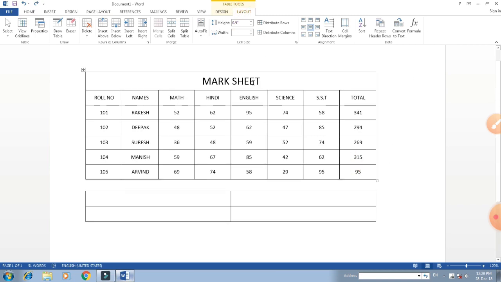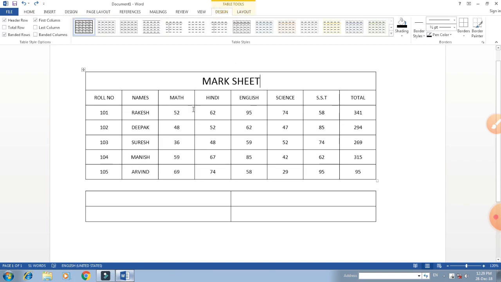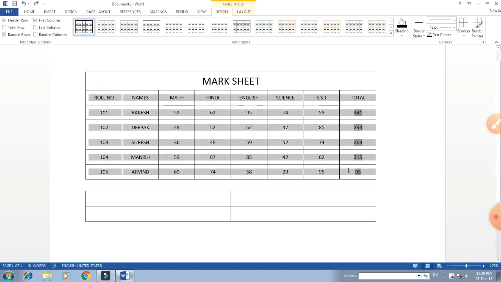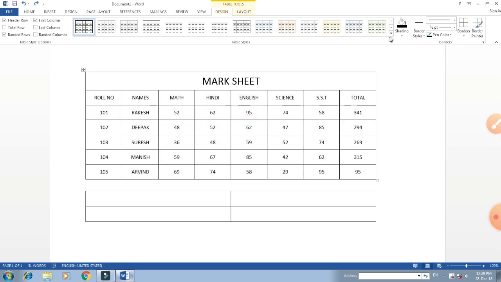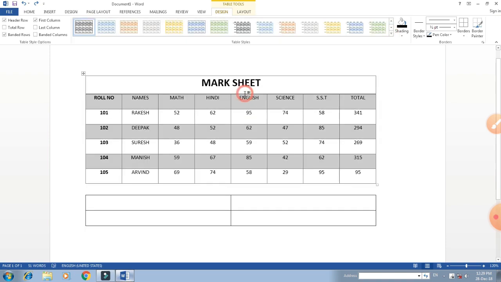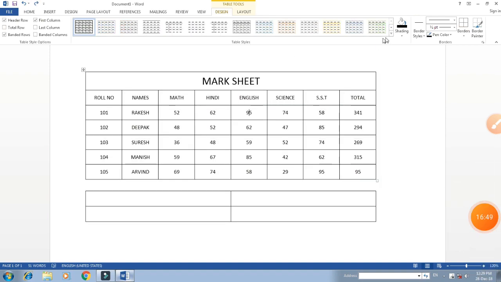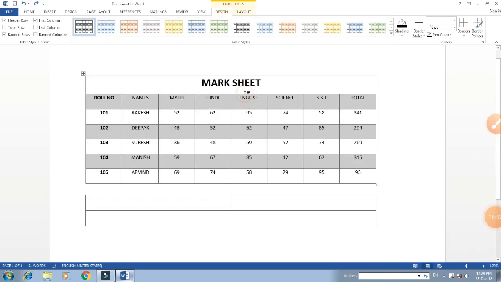Now after that, student, we will apply some design. Okay, so click on the design tab, and here we find many designs related to our table. First of all, you want to apply the table design. So you will select the table, which cell or area you want to color. First select your table and click on design palettes here. The design tables let you provide a design, and apply any one of the given patterns. Select any one, and this way we can apply any design or color for our table.